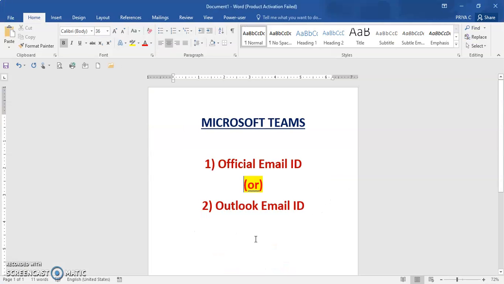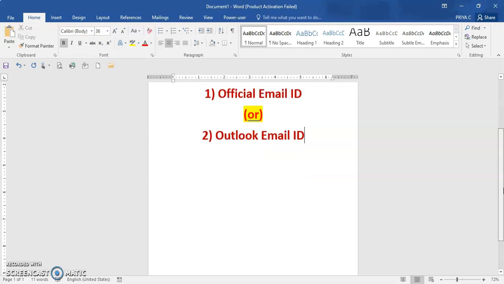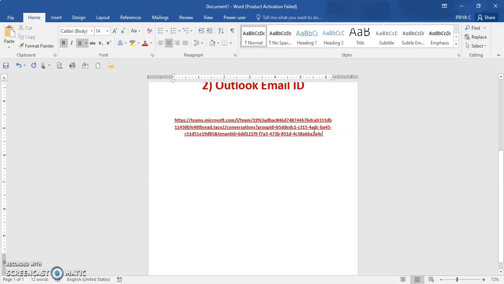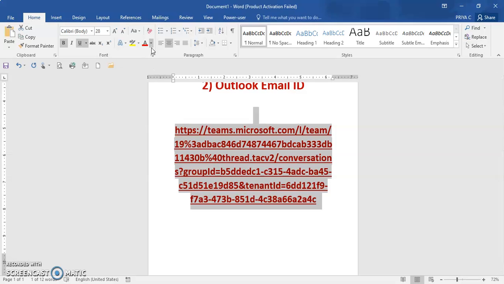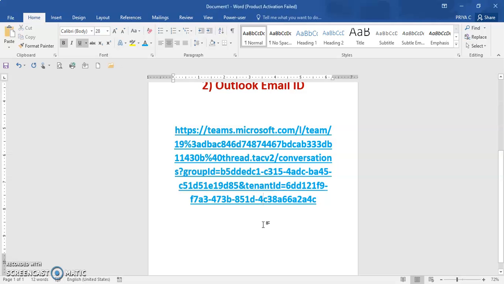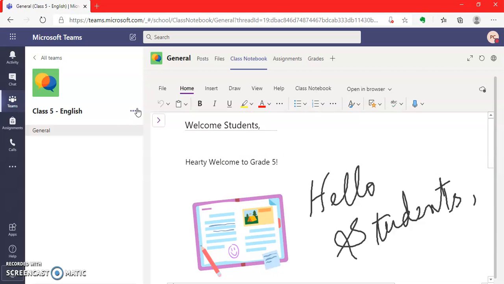Now I open a Word document. I will show you. See, this is the link. You have to share this link to the students, then only they can join your group. This is the group code, then only they can join, right? We can post the group code in WhatsApp, email, ordinary messages. In whichever mode you can approach your students, you can.